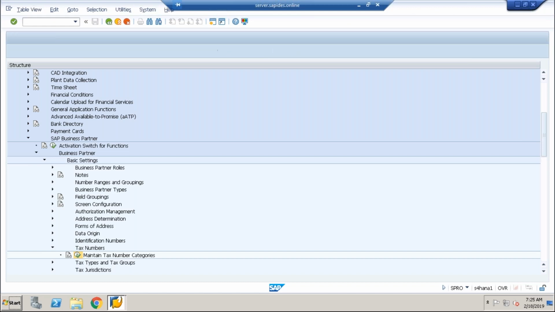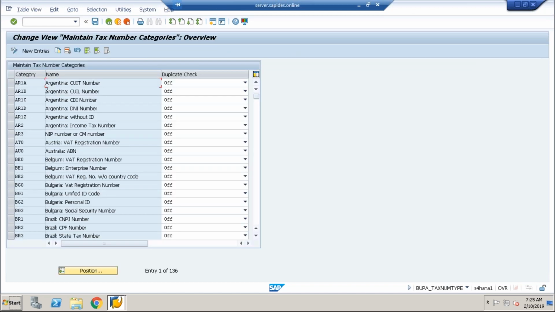So once you maintain the tax categories, you can do a duplicate check or not. Whenever you have a tax number as part of a customer or vendor, this tax number is particular. All these tax categories will be stored in your SM30 transaction in a specific tax view, based on which all these tax categories are calculated. If you want to check whether the duplicate check is on or off for a particular tax category, that's when you can activate that check for the tax category. So these are the things that we normally do.